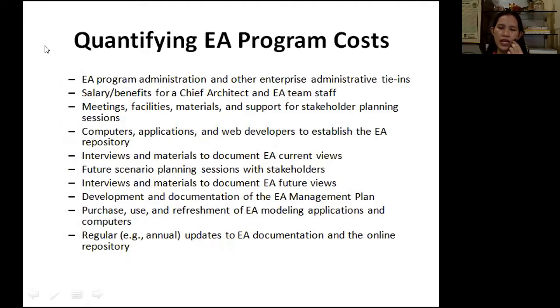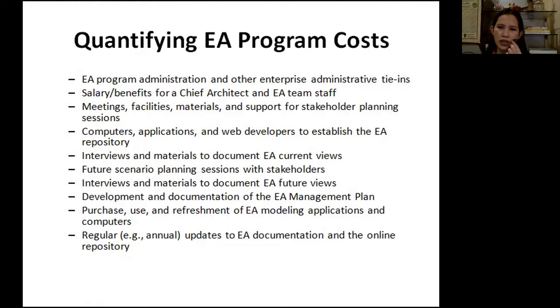The cost of EA should be approached from a program lifecycle view that centers on phases for implementation, maintenance, and refreshment. One way to estimate EA program cost is to look at each area of the EA implementation methodology and identify the direct and indirect costs to accomplish each of these steps. In general, this would include the following: